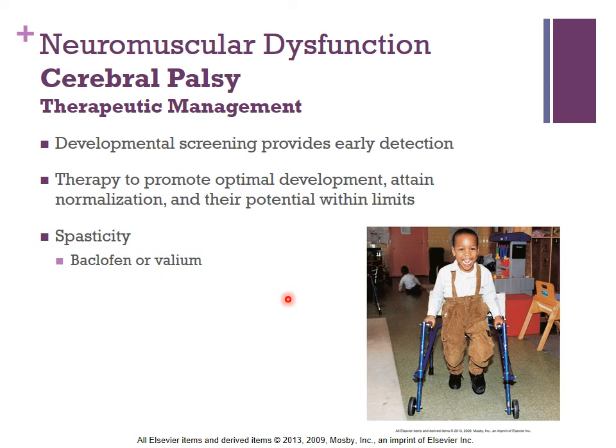A lot of children also receive Botox to reduce spasticity in targeted muscles. I've seen a lot of kids at Shoals who go in for this. They get it put in the tendons, especially in their feet, because they'll develop that foot drop and be unable to walk flat-footed. So they'll get the Botox there, and the Botox actually blocks the release of acetylcholine into whatever muscle group it's going to, muscle tendon area, and it will prevent muscle movement.